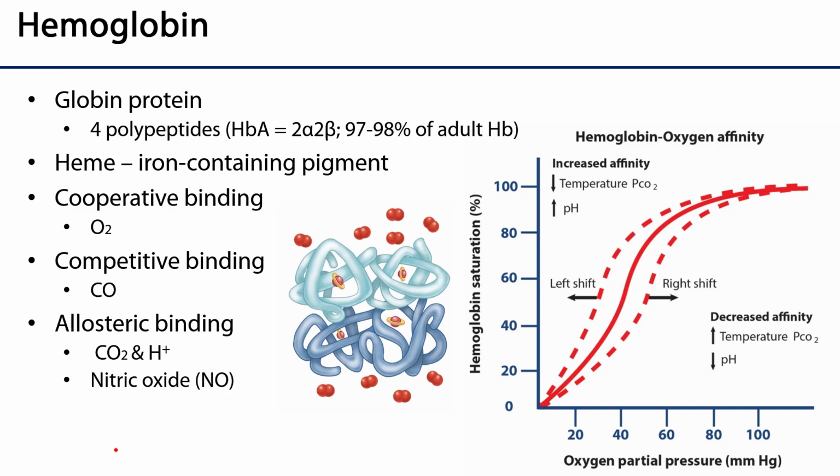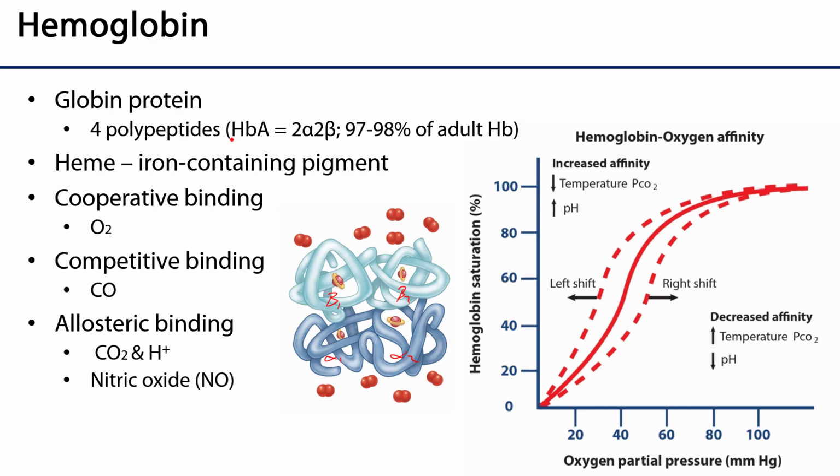Now, the protagonist with respect to the story of oxygen and the blood is hemoglobin. All of those molecules packed within the red blood cells. Hemoglobin is a heterotetramer, meaning there are 4 polypeptides of these that constitute this globin protein. So there are 2 alpha, so there's alpha 1 and alpha 2, and 2 beta subunits, beta 1 and beta 2, that work together in what we would call typical adult hemoglobin.